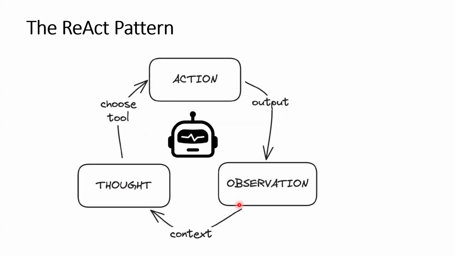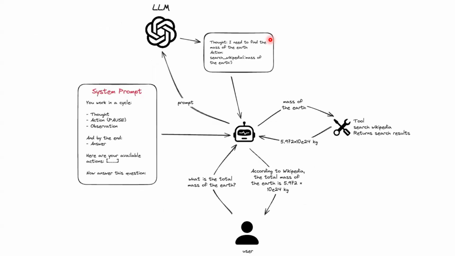Okay, so this is how this React pattern works. You have a thought process. Based on your thought process, you choose an action, you execute that action, and then finally you get the output from that action. That output is sent back to the LLM, and then it will see whether the goal is accomplished or not. If it is accomplished, it will exit from the loop. It will send the final answer to the user. Okay, so this is what the React pattern is, and we will use exactly this pattern to build our first agent.